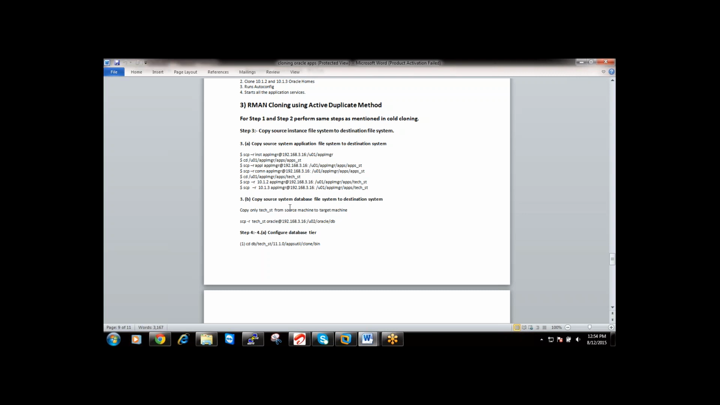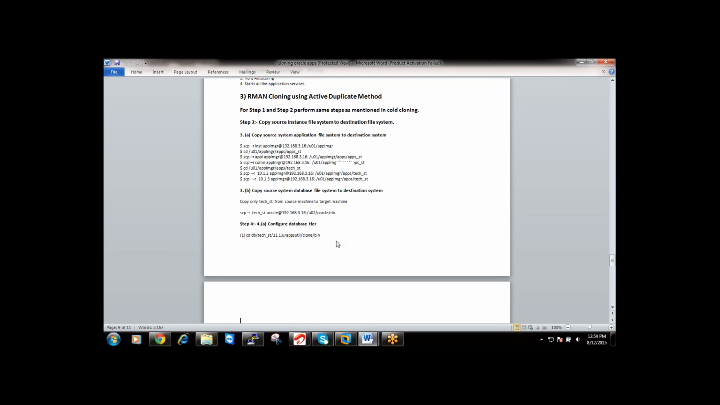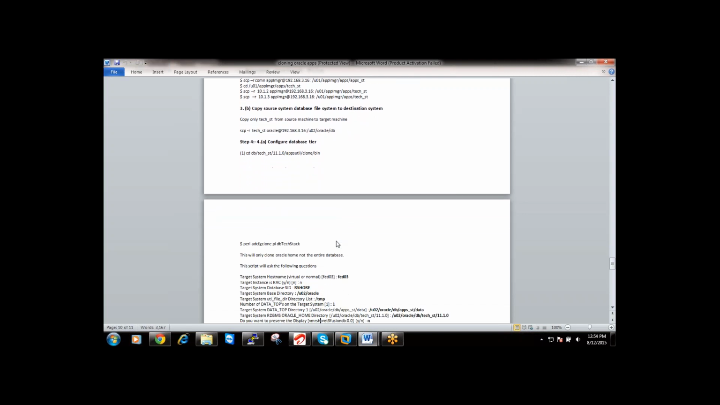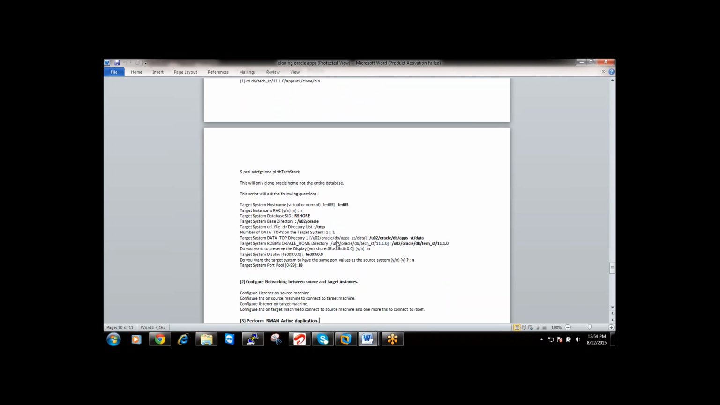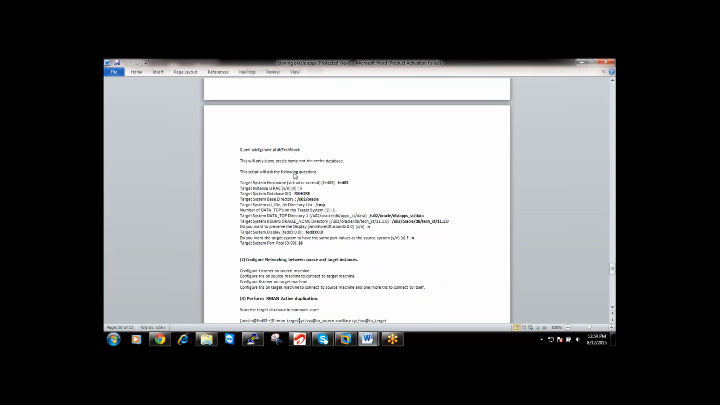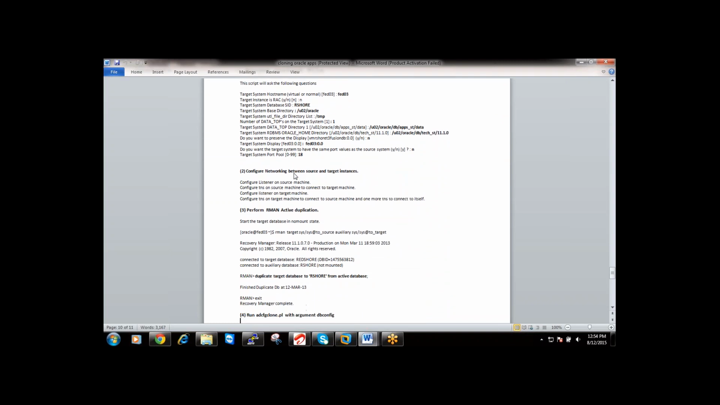Here in active duplication, you are copying 10.1.2, 10.1.3, appl top, common top, INST top, and all these things. Coming to the database, you are only copying the tech stack, the RDBMS tech stack. After that, you configure the database. As of now, the database is not cloned. Before cloning the database, you configure the tech stack. Software, yes. After your database Oracle home is ready,